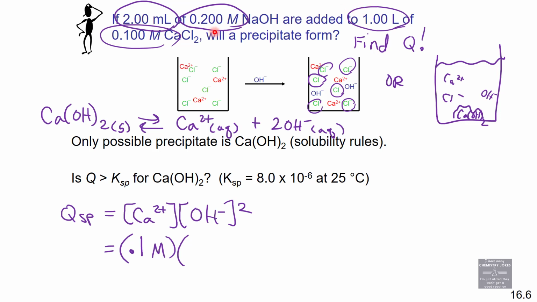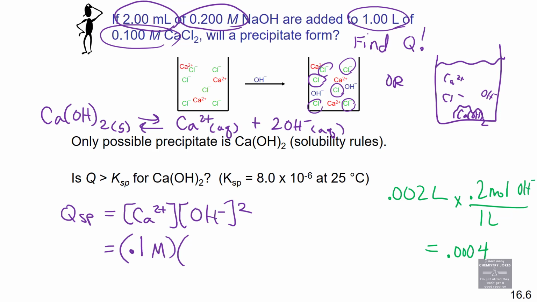I kind of want to click to the next slide so that I can have more space. Maybe I can fit it here. Okay, so I can think of this one 2 ways. And I can say 0.002 liters, because that's 2 milliliters, times 0.2 moles of hydroxide per 1 liter gives me